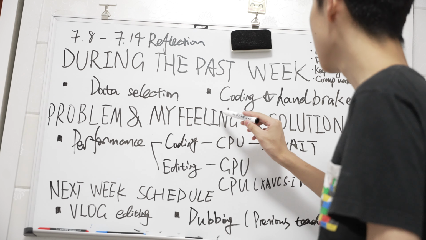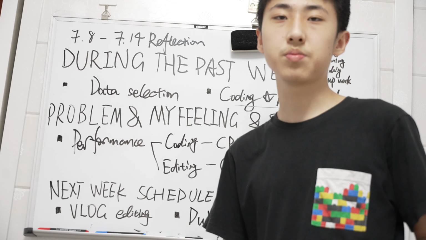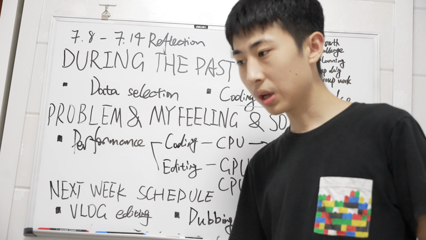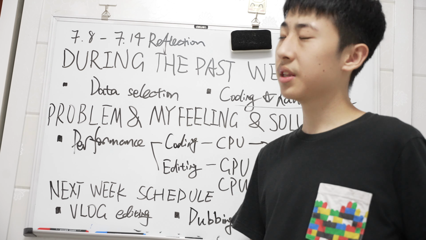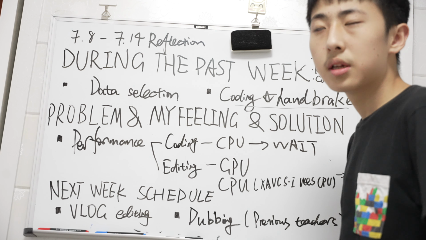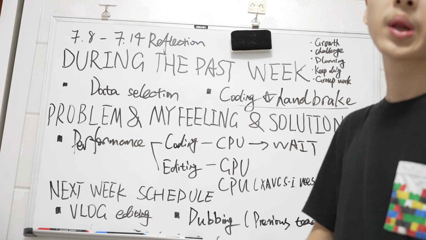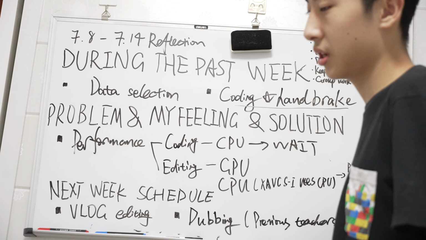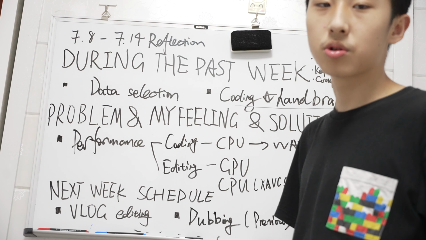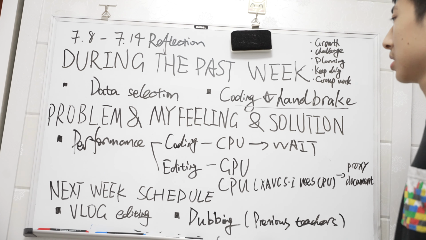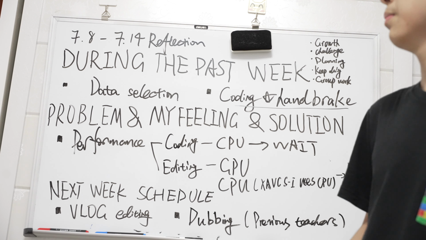However, the 50 hours I mentioned for coding is computer work, which means I just put all the videos or data in the software and do the setting work, which is about 1 hour for all the sources, and then the computer will do the coding work. Yes, this is our result during the last week. Next come the problems and my feelings, and last is about solutions.